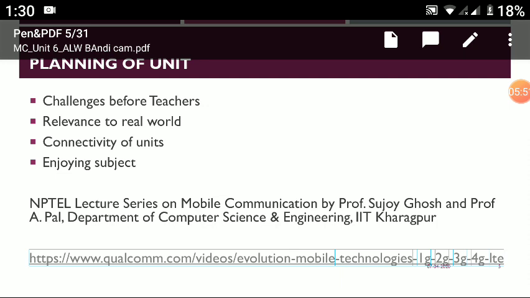Actually, by studying this particular subject, the teachers are also facing a lot of problems because we are not implementing the 5G technology in our countries. The relevance to the real world, by considering 4G and GSM technology, is that it ultimately gives connectivity of the units, meaning various units that you can connect to mobile technologies like mobile to mobile, BTS,